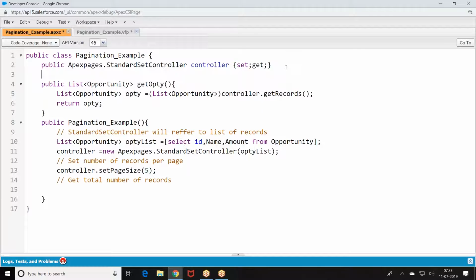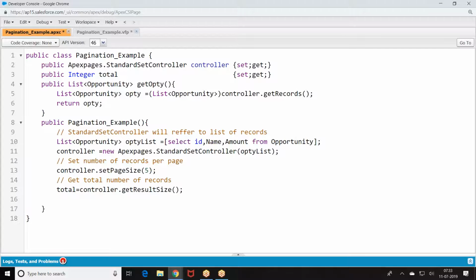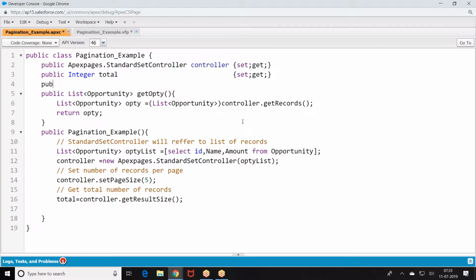I'm taking here the result size. Get a result size. So I can give integer.